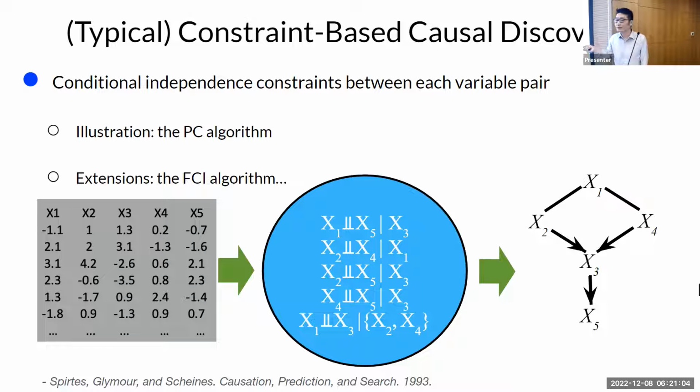X1 and 5. Actually, I didn't hear the last part. Oh, you mean... okay, cool. So here, the question, if I understand correctly, sorry, I didn't hear you very clearly. So I was saying you assume that they are conditionally independent given X3. Is that what you mean?